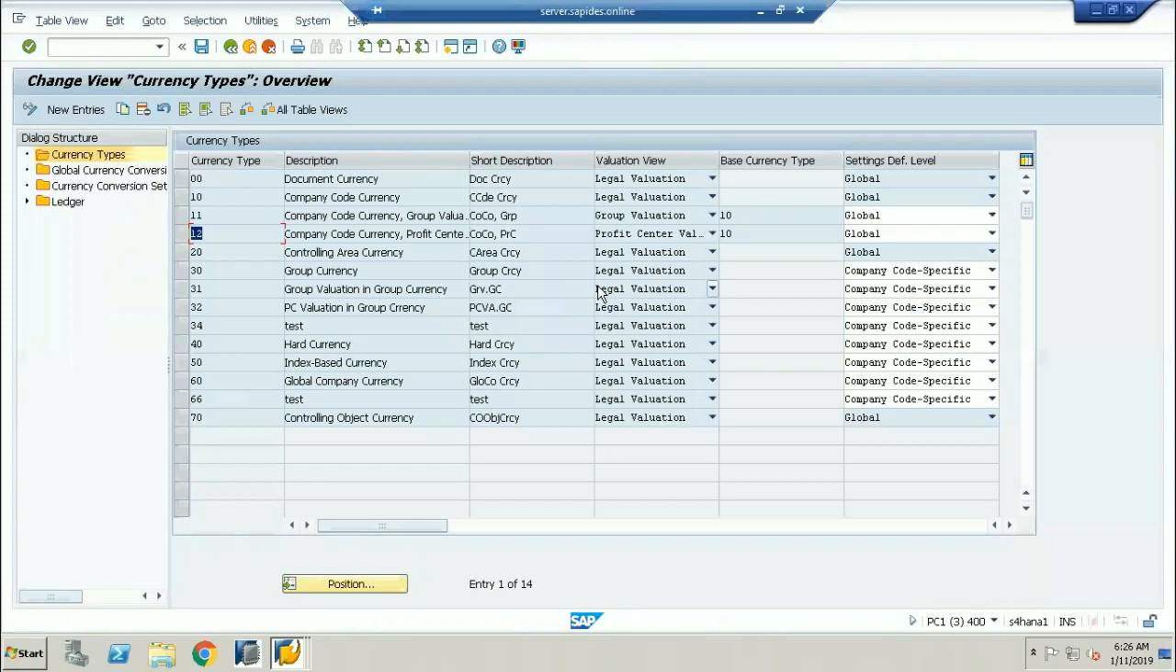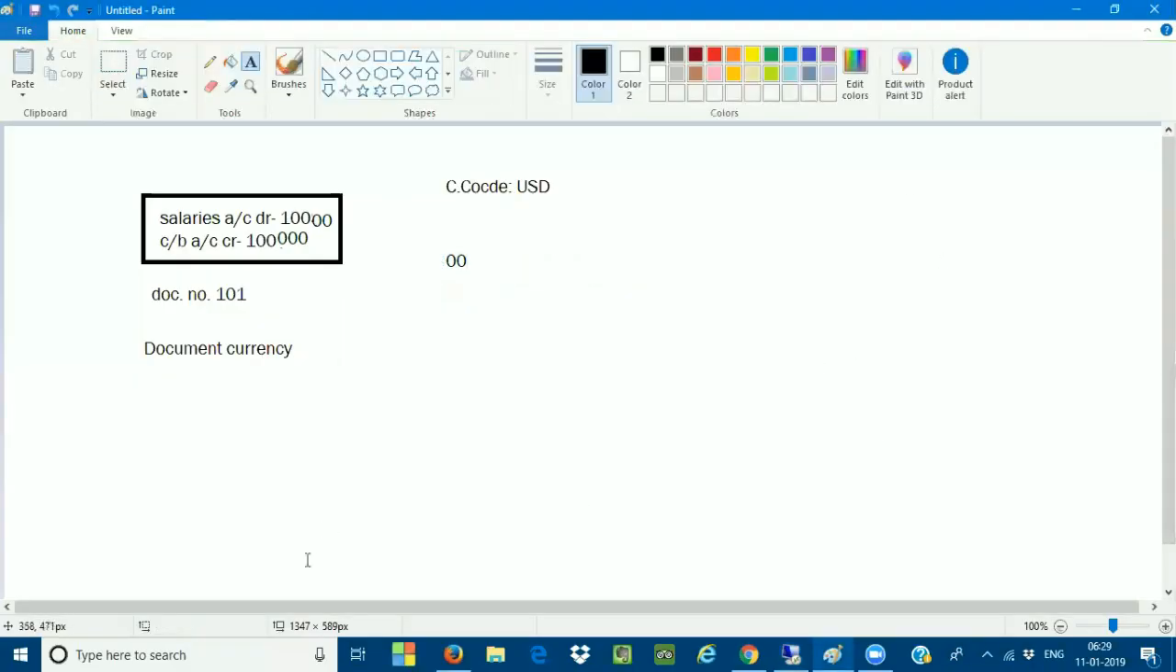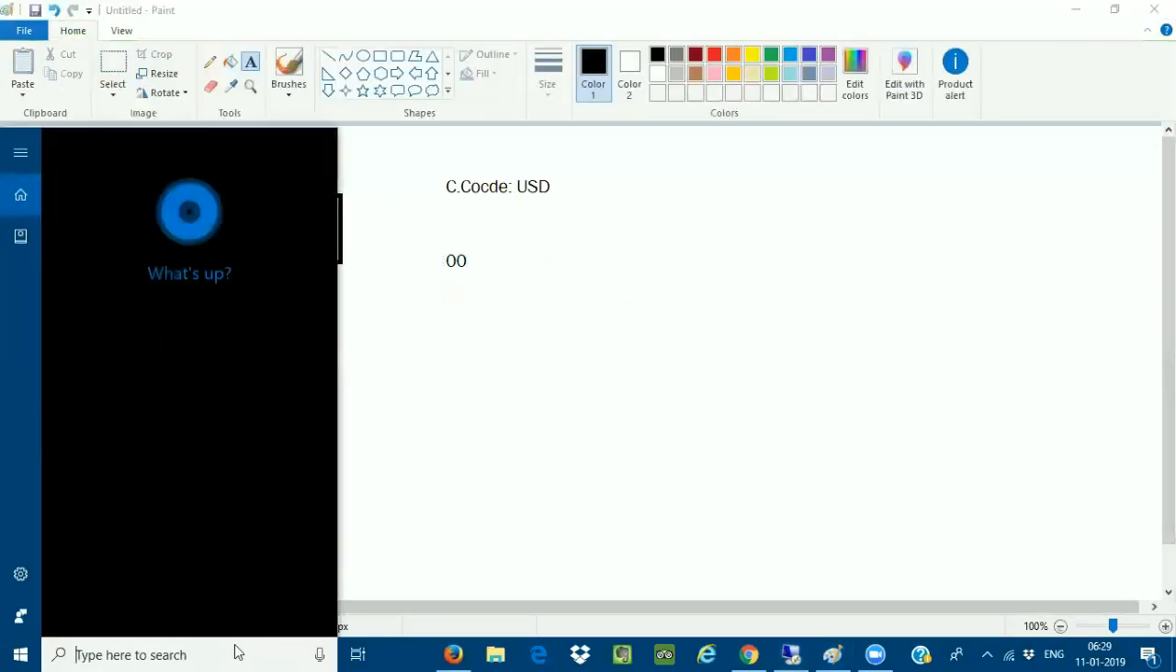So whenever you do the internal transfer from one plant to another plant, I'll select the profit center valuation. In the currency settings, there are 4 options given to me. So if I open the Excel,